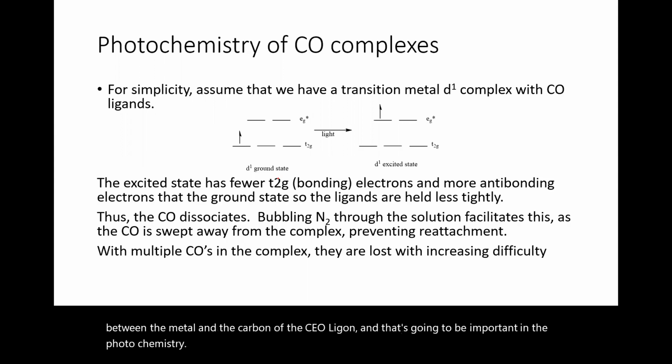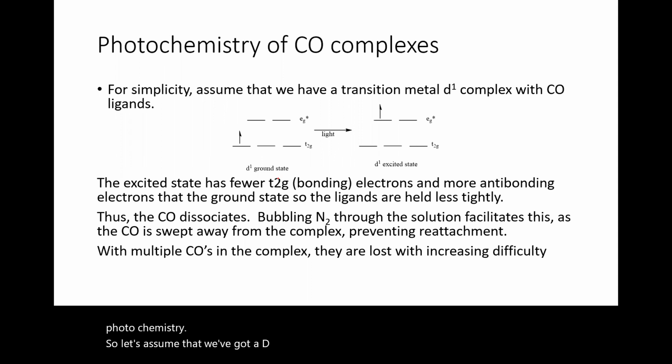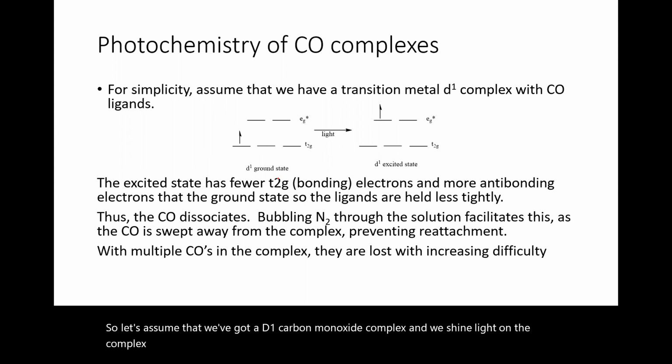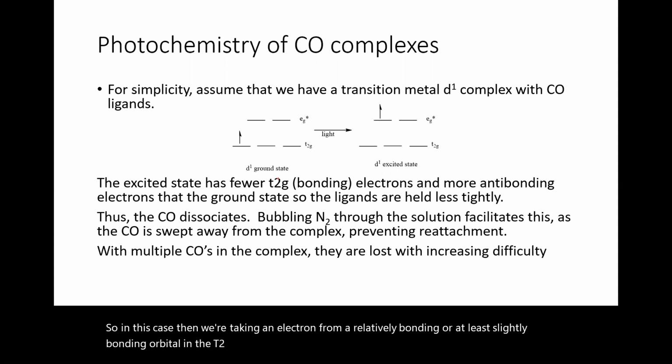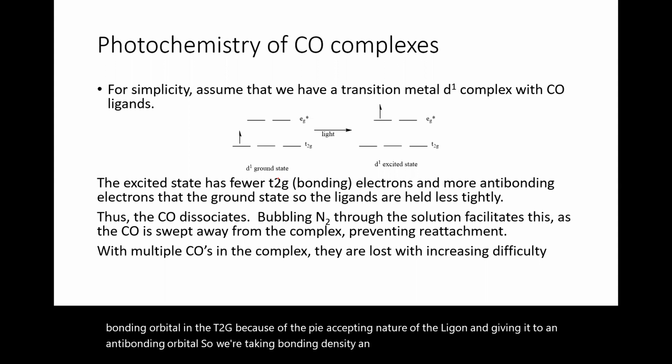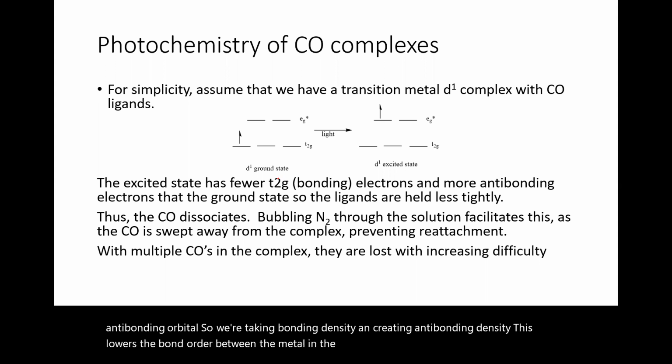So let's assume that we've got a d1 carbon monoxide complex, and we shine light on the complex, and an electron is promoted from the t2g to the eg* set. So in this case, we're taking an electron from a relatively bonding, or at least slightly bonding, orbital in the t2g because of the pi accepting nature of the ligand, and giving it to an anti-bonding orbital. So we're taking bonding density and creating anti-bonding density. This lowers the bond order between the metal and the ligand,